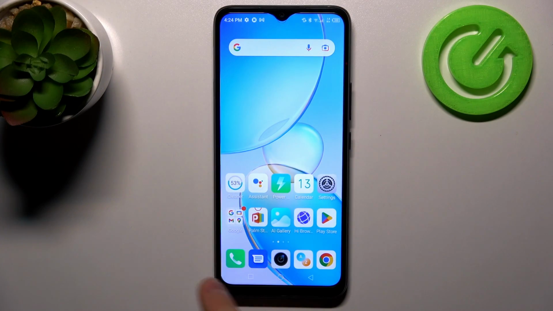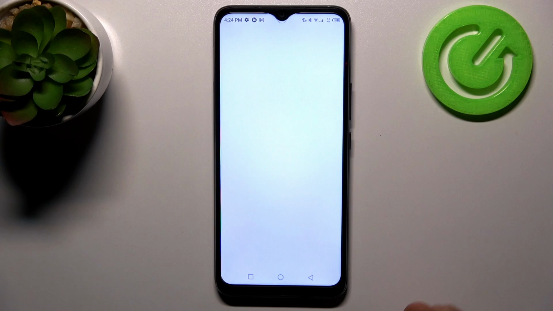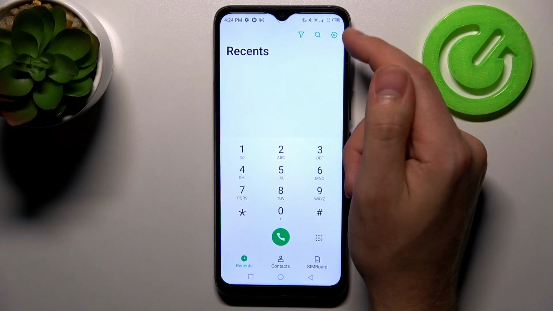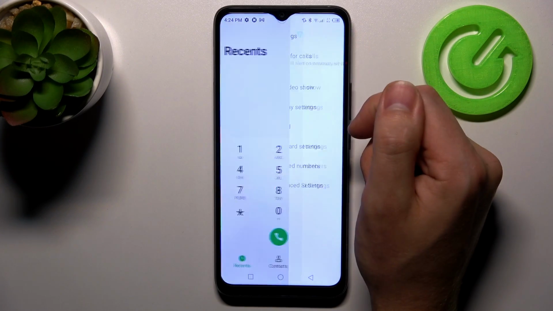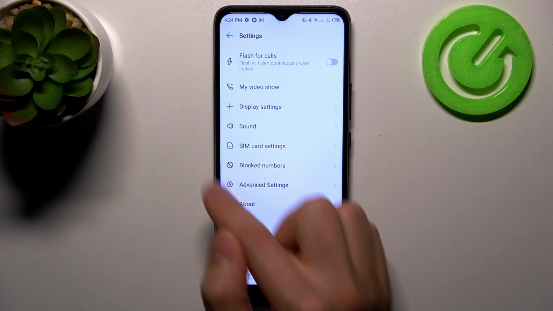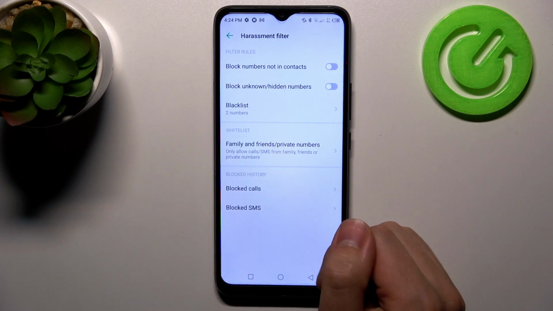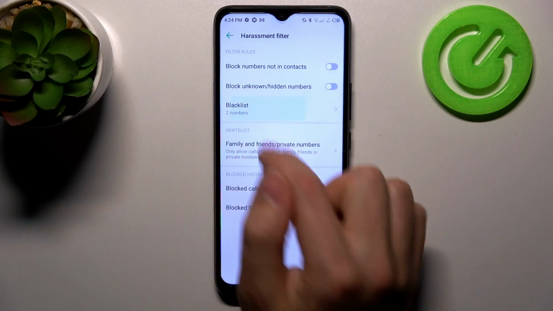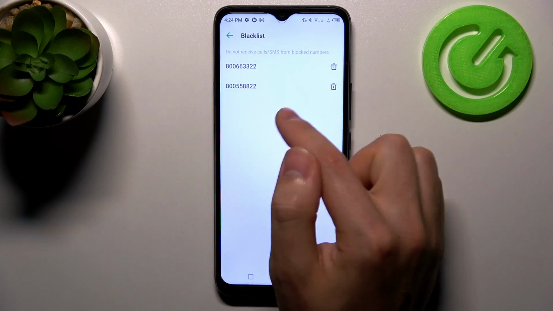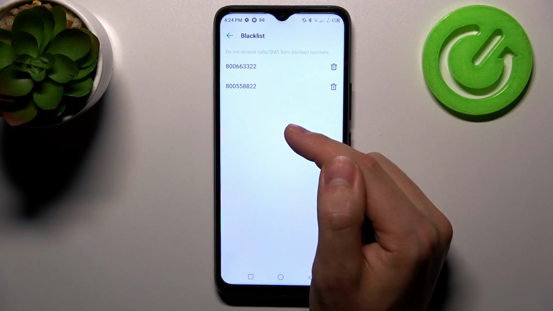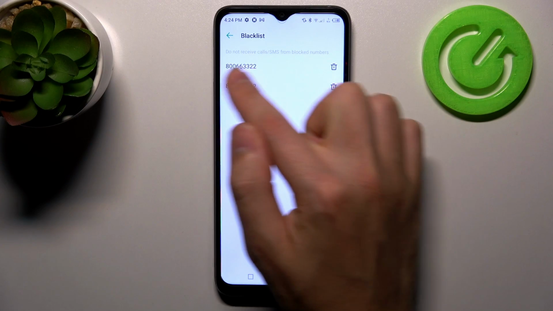First of all, open your phone application, this one. Then in the top right corner we've got settings, tap it. And here choose the block numbers option. Now go into Blacklist. And here we've got two blocked numbers, for example. So for unblocking this one last,